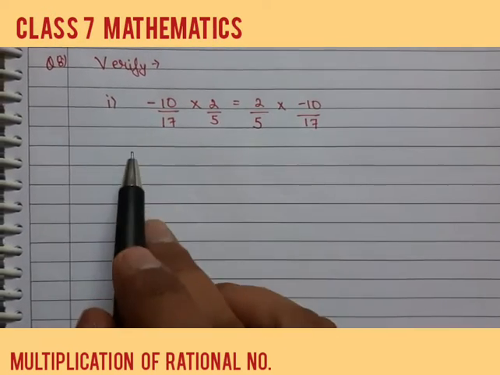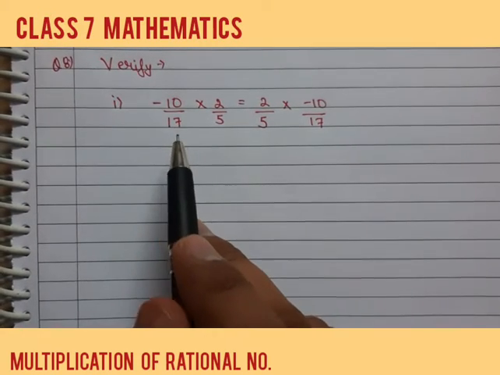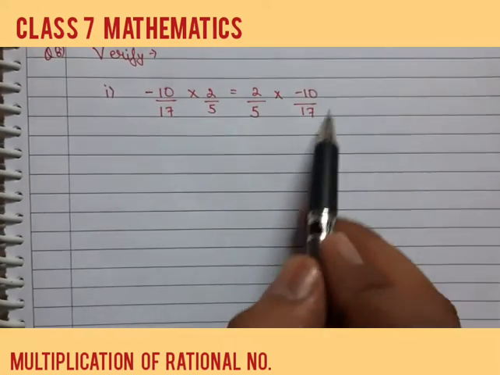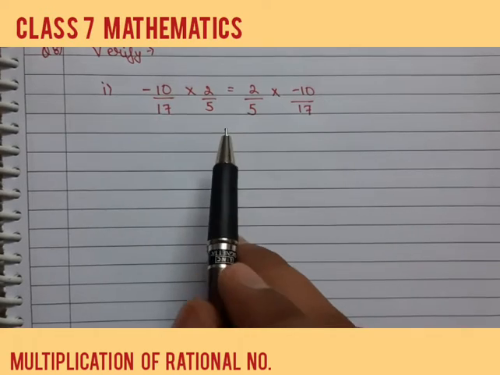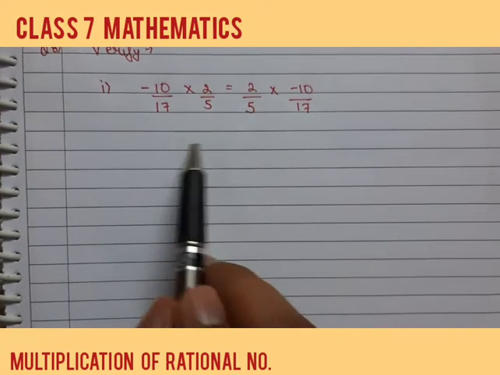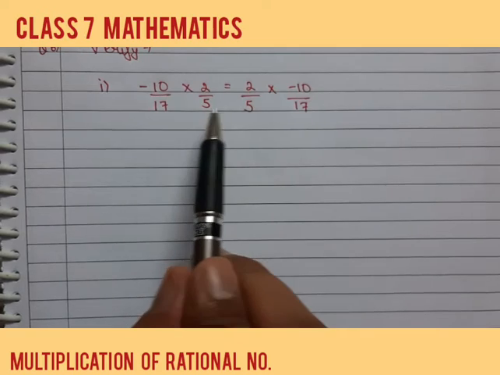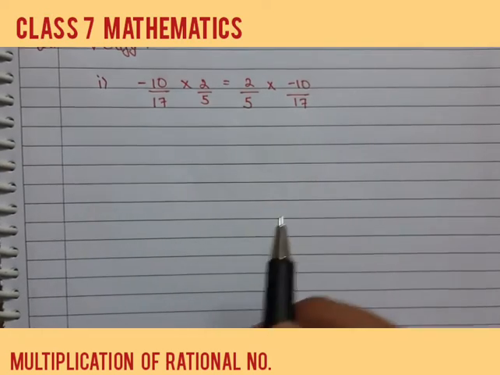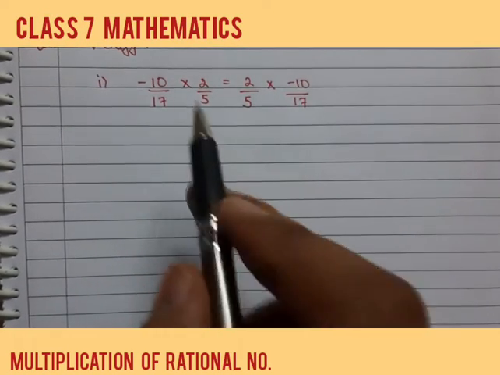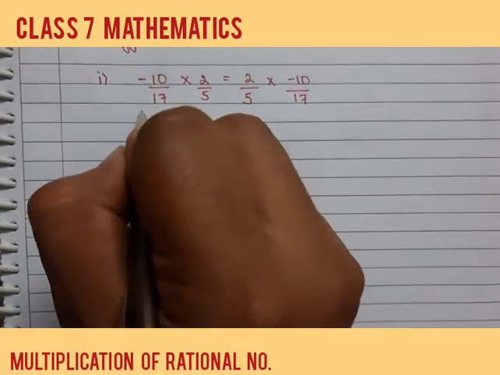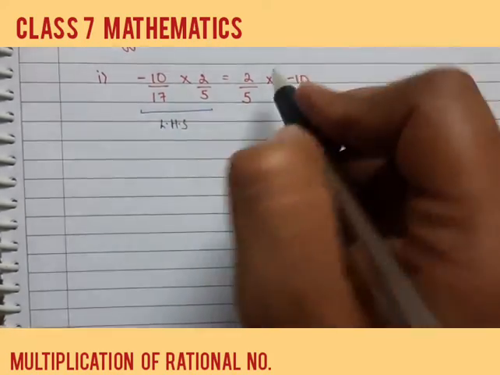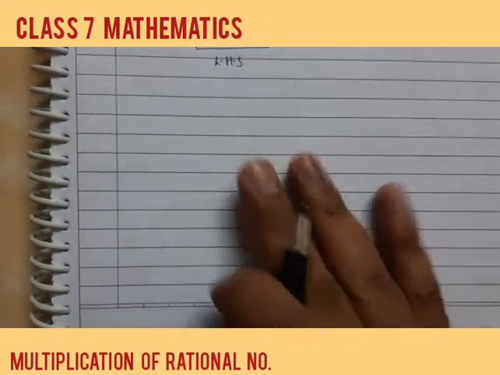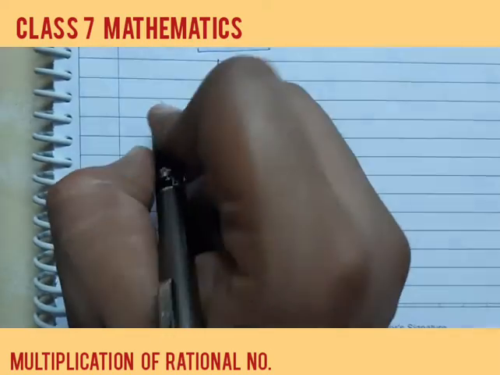Now our next question is verify. In such type of question, we need to solve the left hand side and the right hand side portion of the given question individually, and check whether the result of the LHS and RHS are the same. If the result of LHS and RHS are same, the question will be verified. If not, we will write not verified. Let's see. We will solve the LHS and RHS part separately. Let's take this part as LHS and this particular part as RHS. Now let's solve the LHS part first.